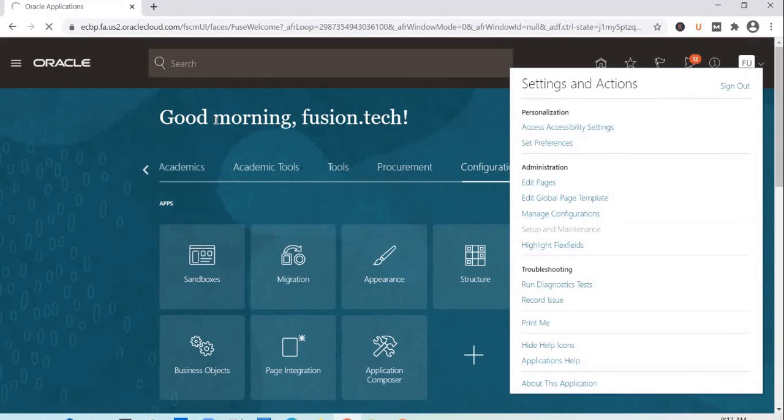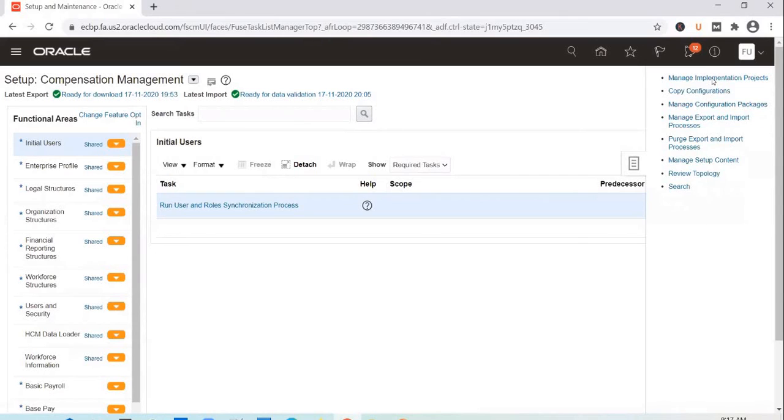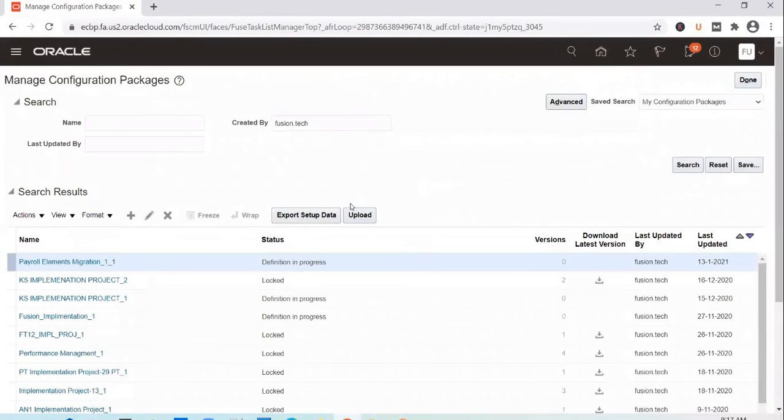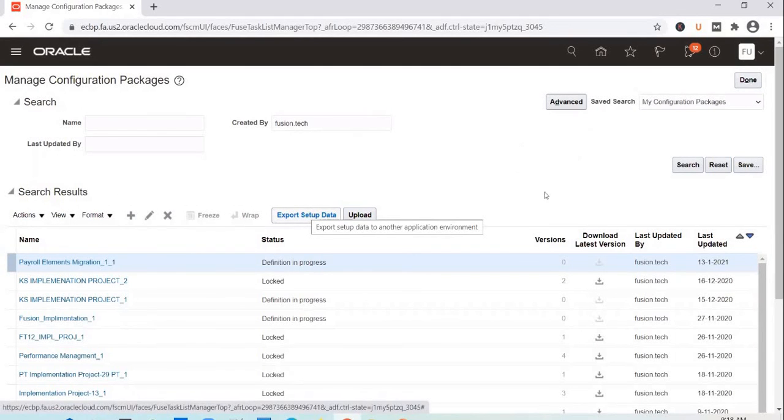If you want to migrate the configurations you have done in any module or the setups, and that includes flex fields, for example, you will have to create a configuration package. You need to create an implementation project, select the modules that you have set up, go to manage configuration packages, create a configuration package, and export the setup data with it.